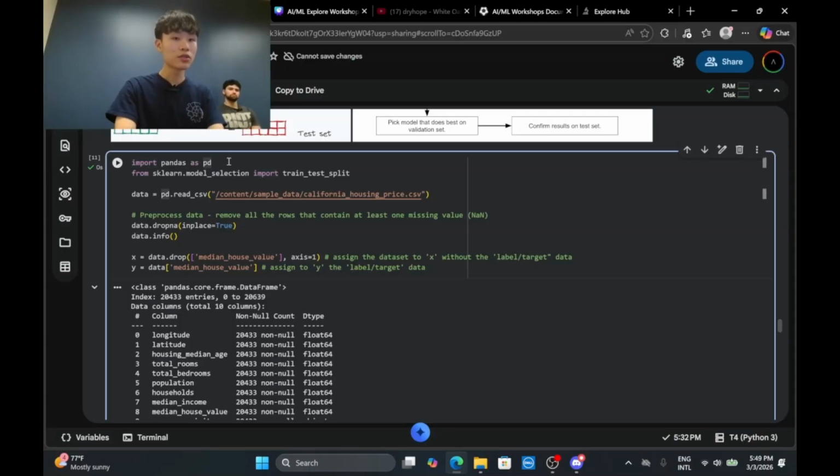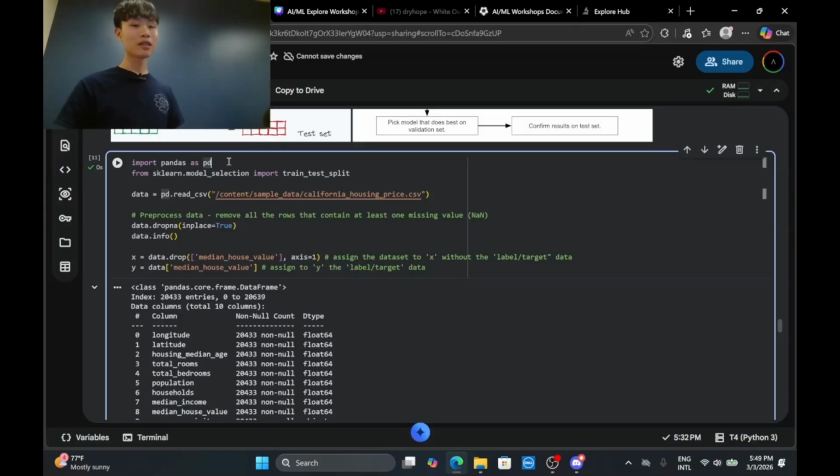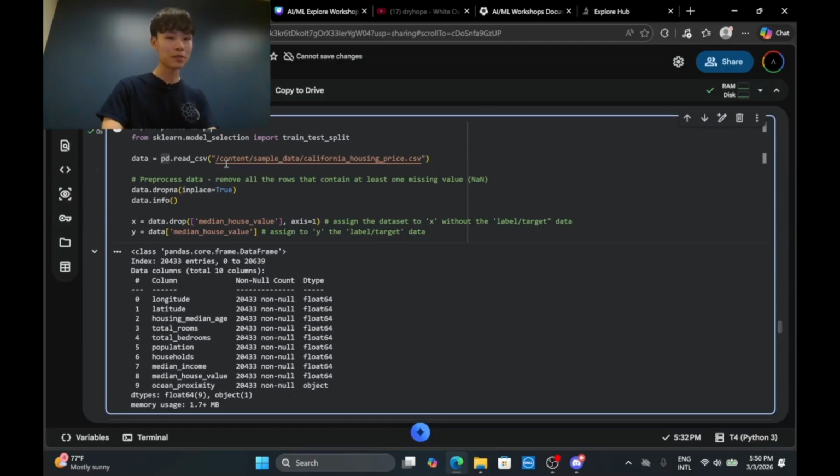The first line is to import the Pandas module, which is a data manipulation module that Python has, usually used for machine learning purposes, so that we can manipulate data, like make it a 2D array, 3D array, or sometimes remove a column or a row, just manipulating the data set. That's what it's mainly used for.